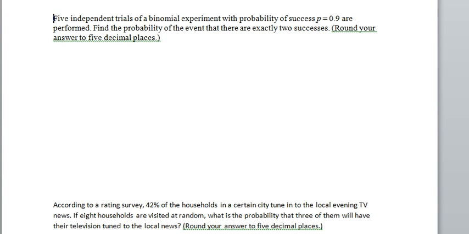5 independent trials of a binomial experiment with probability of success p equals 0.09 are performed. Find the probability of the event that there are exactly 2 successes. Our formula is the number of combinations of n things taken r at a time times the probability of success to the r power times the probability of failure q to the n minus r,